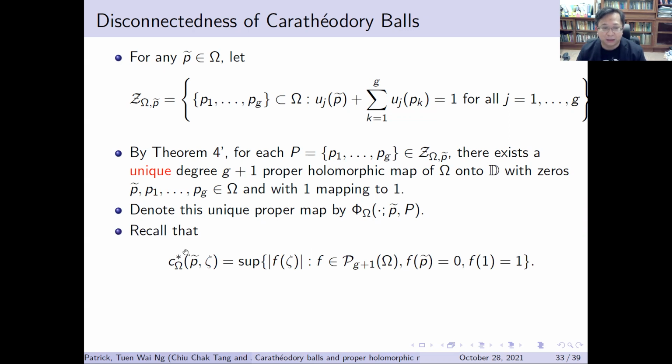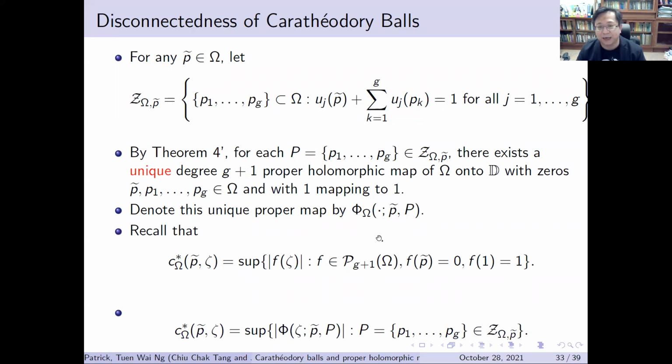Okay, and then Möbius distance, we call that, can be written this way. So this is the space of degree G+1 proper maps. Okay, and then you may identify this kind of proper map with this kind of a point capital P here. Using this notation, this supremum here is attained by some proper map. So this C star omega is actually the same as taking the supremum of all these proper maps, where